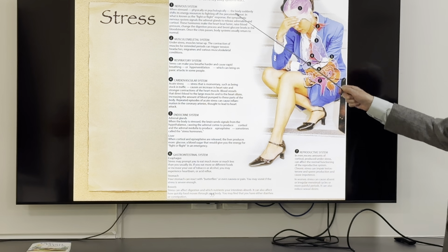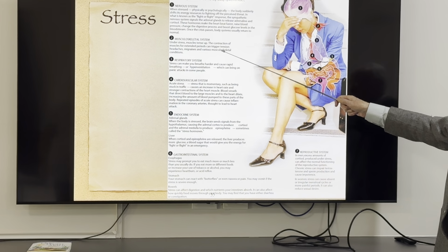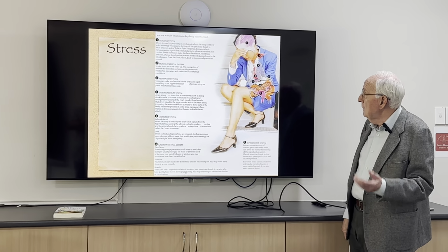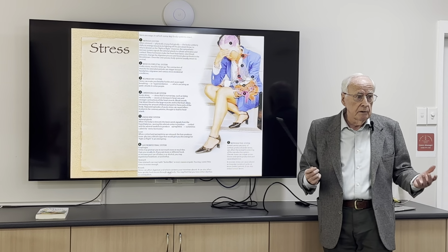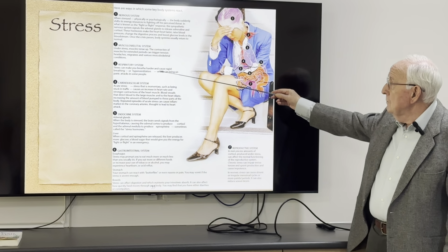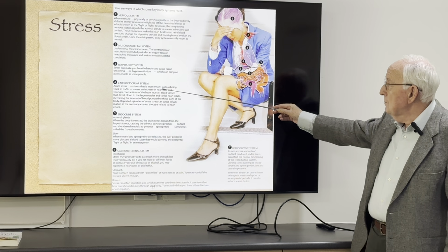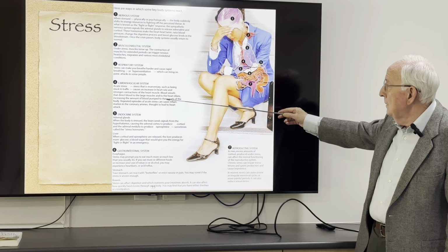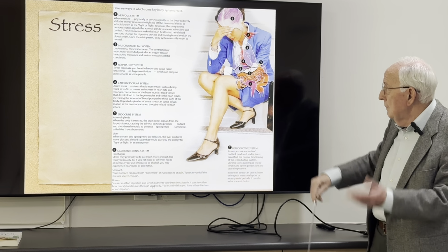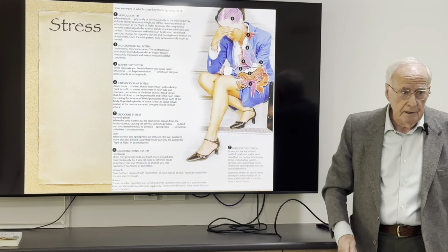Then the musculoskeletal system: the muscles tense up, and that contraction for extended periods can trigger tension headaches, migraines, and all other kinds of musculoskeletal problems. And the same with the respiratory system: hyperventilation, panic attacks. And cardiovascular: if it's momentary, such as being stuck in traffic, it causes an increase in heart rate. Blood vessels that direct blood to the large muscles dilate, increasing the amount of blood. Repeated episodes of acute stress can cause inflammation in the coronary arteries and lead to heart attack.